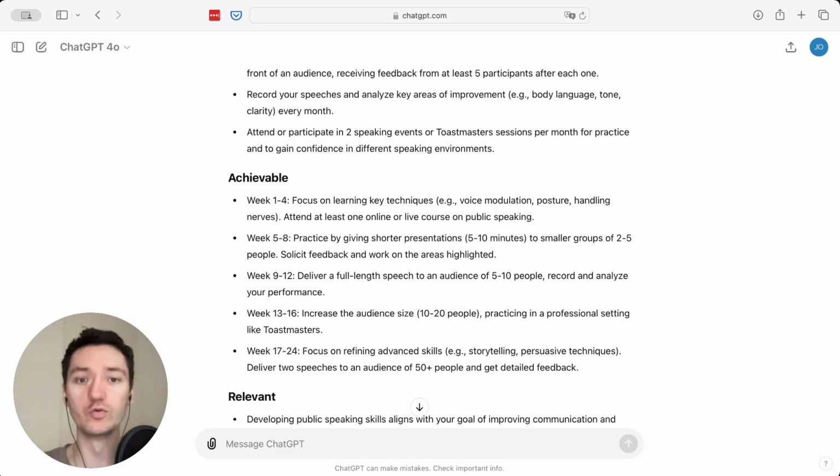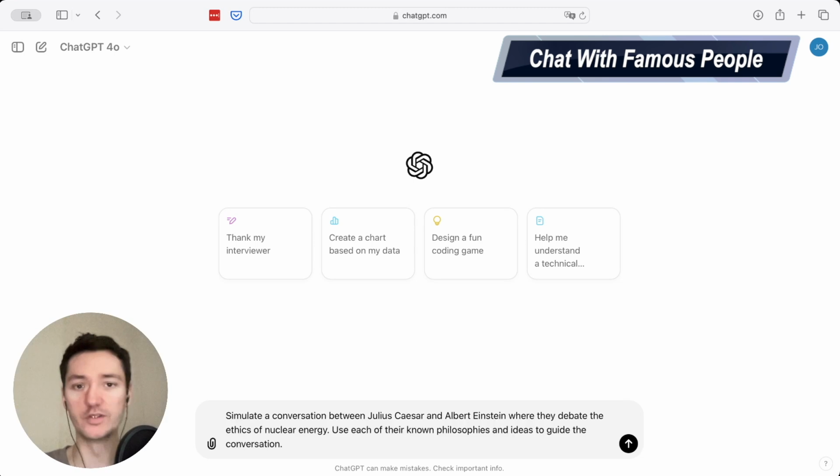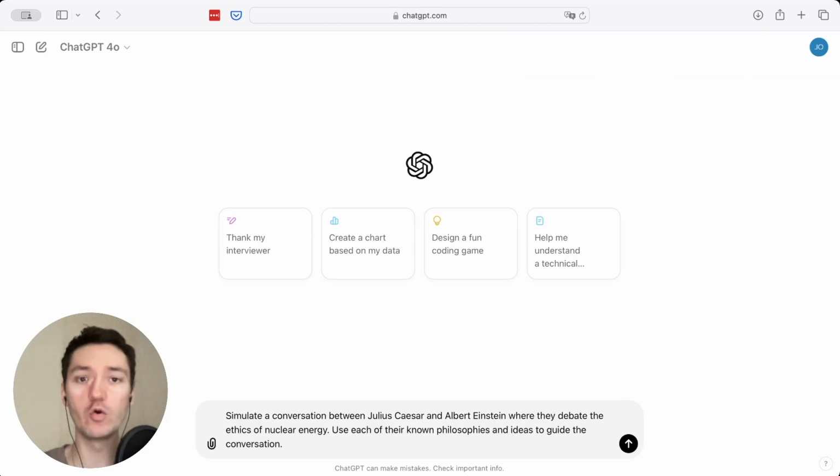And it's a really cool template which I really recommend you to try and see what the result will be. In the beginning, we spoke about simulating the conversation between different characters and people, but here we go beyond that, and you can actually ask ChatGPT to simulate the conversation between different historic figures from different time periods. For example, you can simulate the conversation between Julius Caesar and Albert Einstein, where they debate about the specific topic